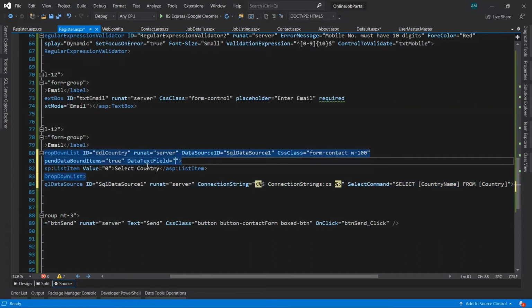That will be our DataTextField. And in DataValueField we'll use the same, because we didn't use the country ID column, so we'll use the same for both attributes.